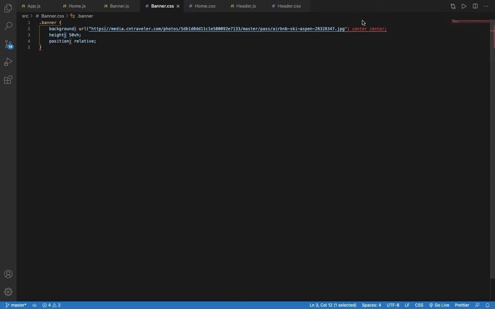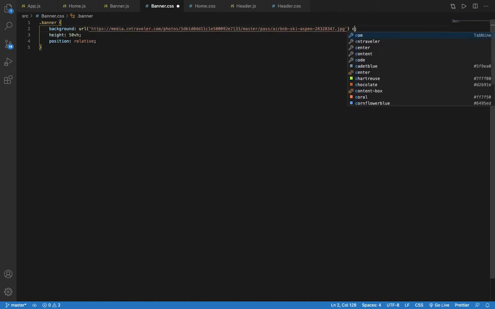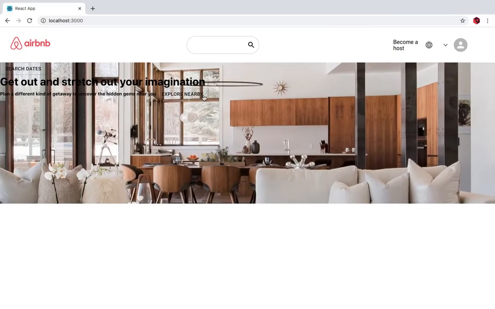Okay, so what I should do is cut this code, delete all of this. Now add background of URL. This is the URL. Okay. Now I will say center. So I have got this nice image,